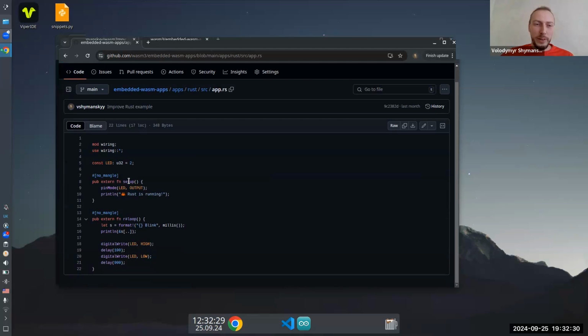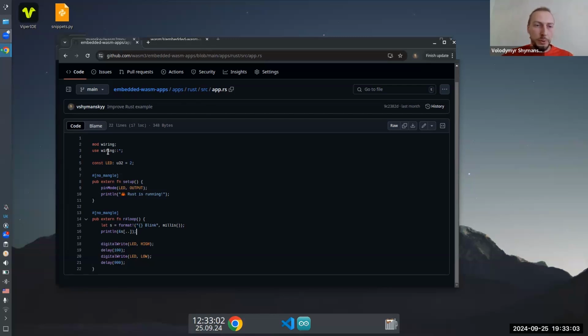There is a setup function and there is a loop function, where the setup just brings something onto the screen and configures an LED. And then loop is basically blinking an LED and printing something. It does some more tricks to do formatting and printing actual millis on every loop. So it accesses the memory and does more dynamic stuff than just calling a function. So yeah, that's very simple.